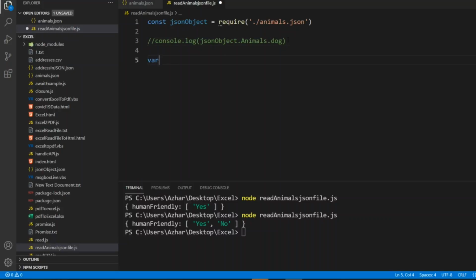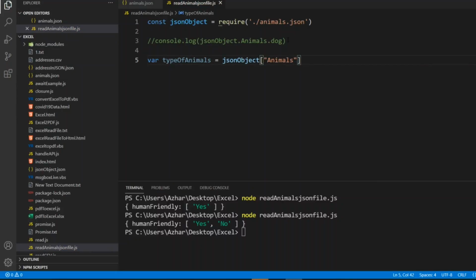So I'll write var type of animals. I'll take this variable, and we don't have to parse, guys, since animals is an object, we don't have to parse it. We can just take it like this, JSON object of animals.